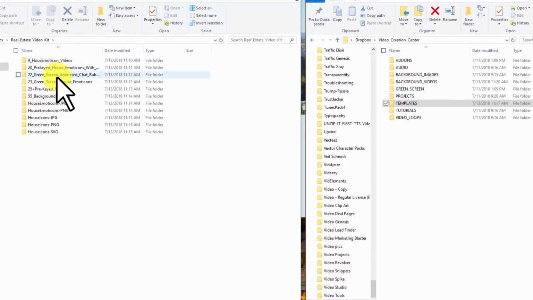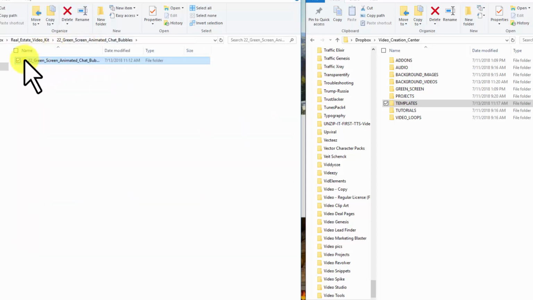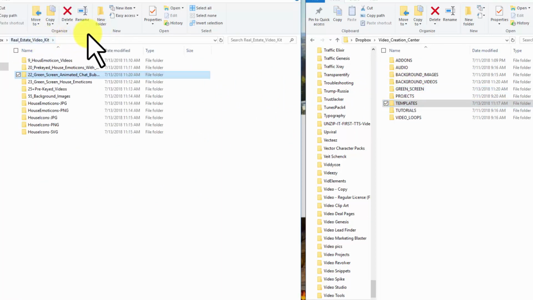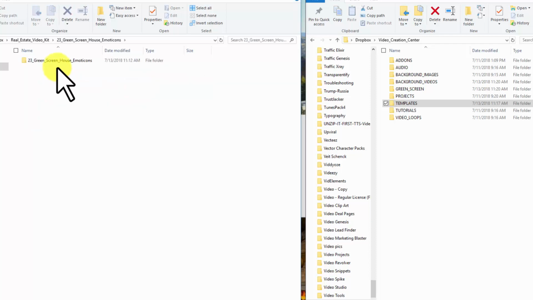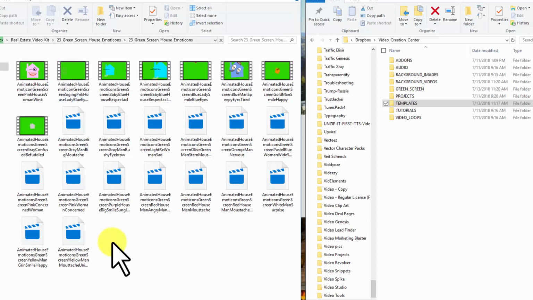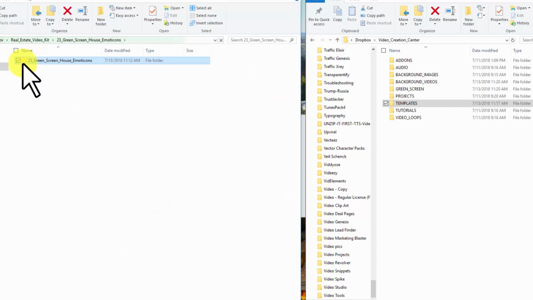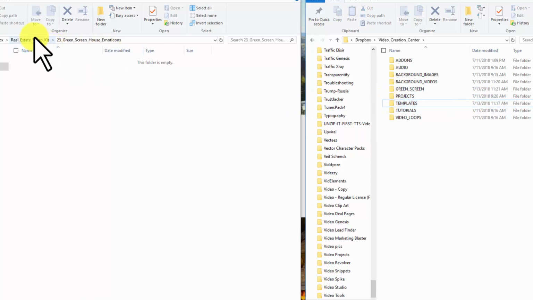I do have some green screen assets. You're not going to use these with Easy Video Lab, but lots of folks are working with Camtasia and other video compositors who can use these. I have these assets for you. I'm going to move those over into the green screen folder. Some cool chat bubbles, animated chat bubbles. And then I also have some green screen house emoticons. I created these. These are animated house images with a kind of bounce and do all kinds of things. So they're really, really cool, and I'm going to move them over into the green screen folder also. Okay. Back here,